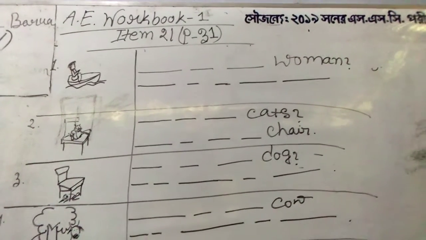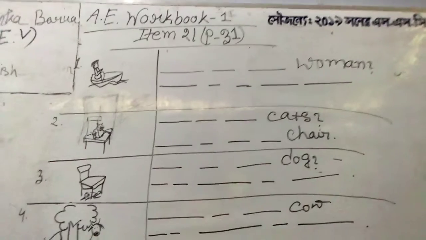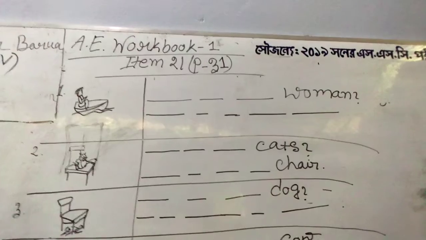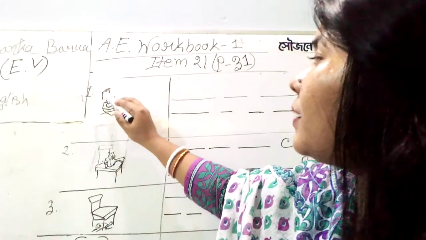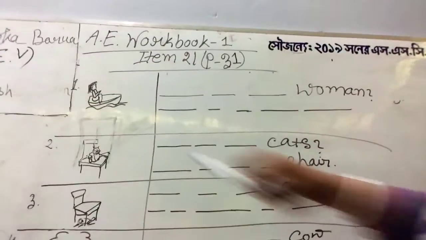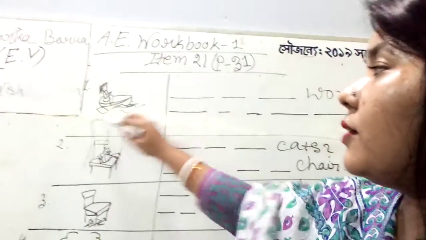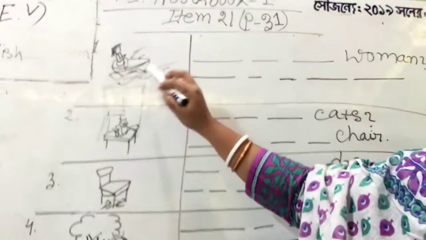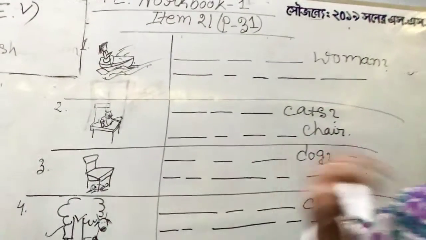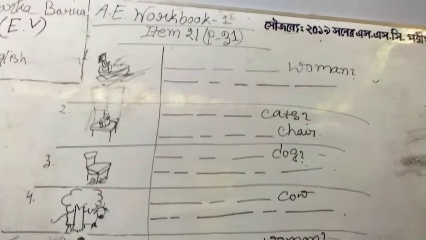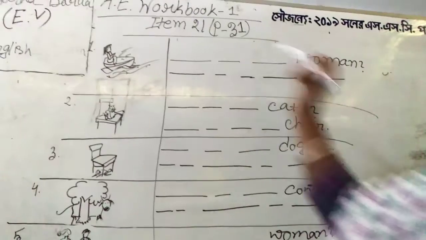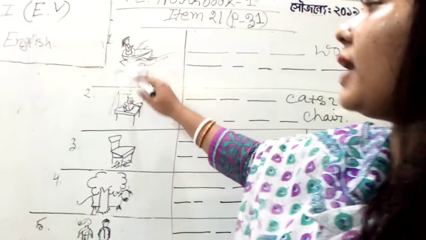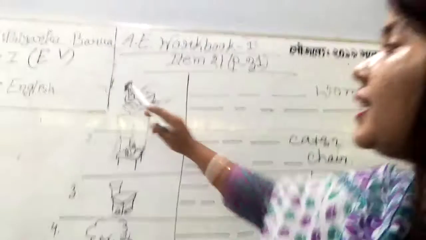Here you are given some pictures. Number 1, see here we can see a boat and a man. Sorry, it's actually a woman. In your book she is a woman. I hope she has long hair. It's a boat, it is water. So the boat is running on the water. So here is a woman, and you have to identify where the woman is. The location or the position of the woman is where a preposition will be used. We have to write that she is in the boat.